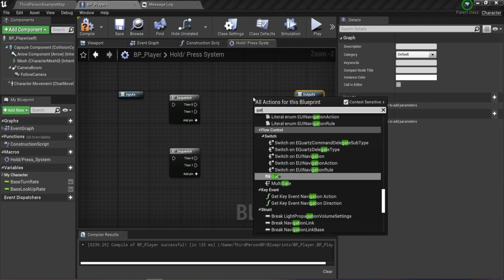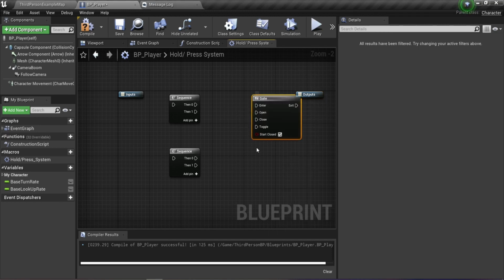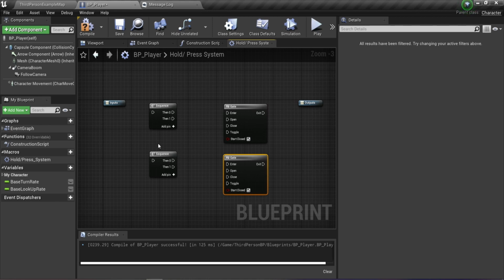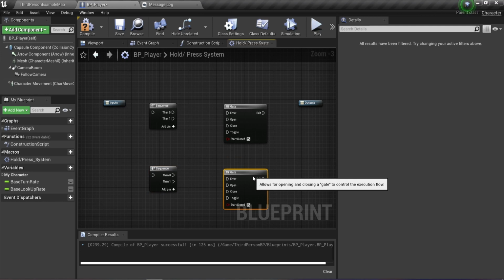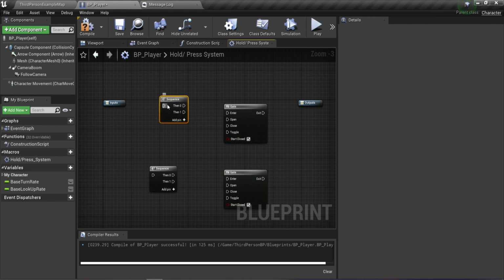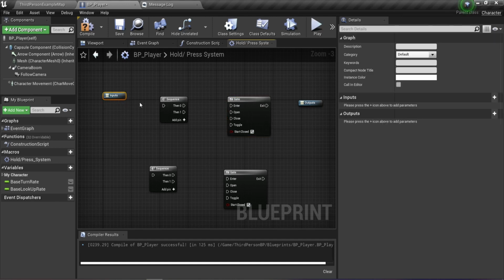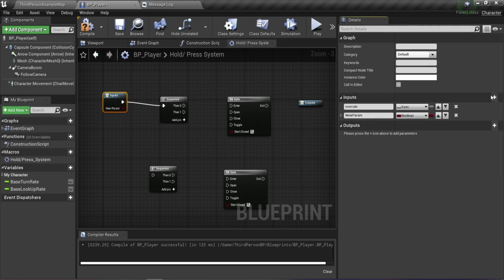and two gates as well. The reason for us to do two sequences and two gates is that one side is for the hold button here, and the other one is for the press button here. But the priority will be the hold button here. So that's why we need to put the hold part here at the top. So just connect with here